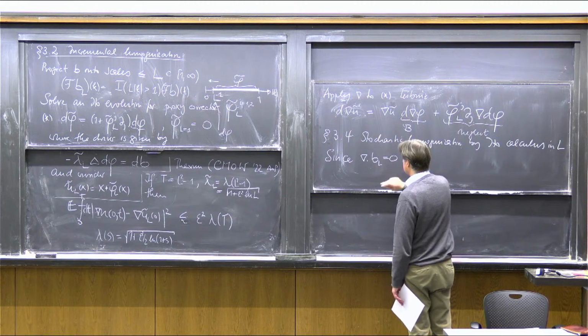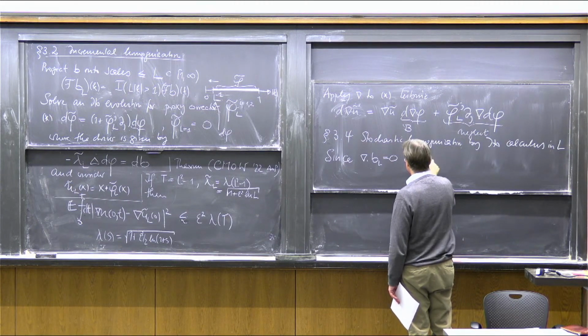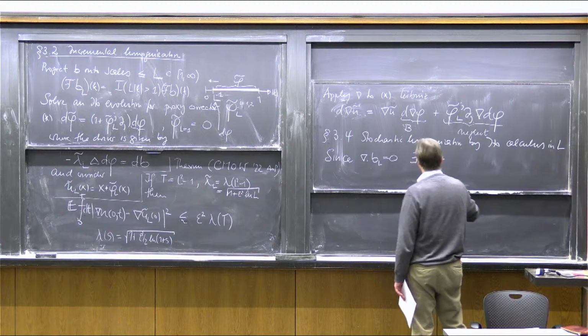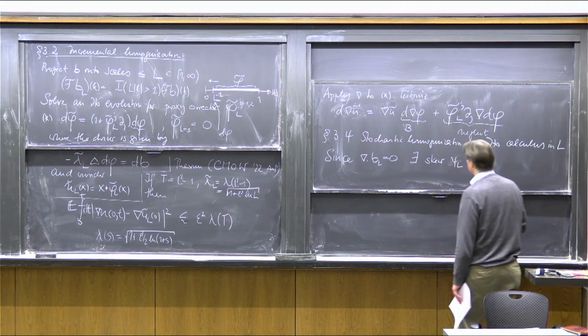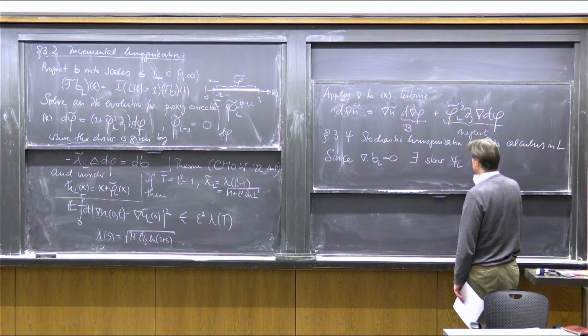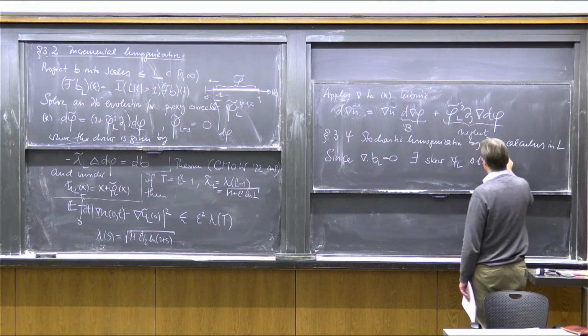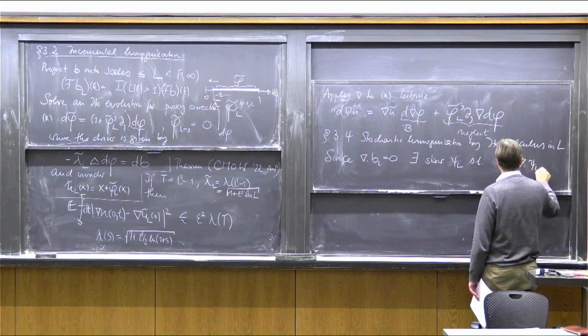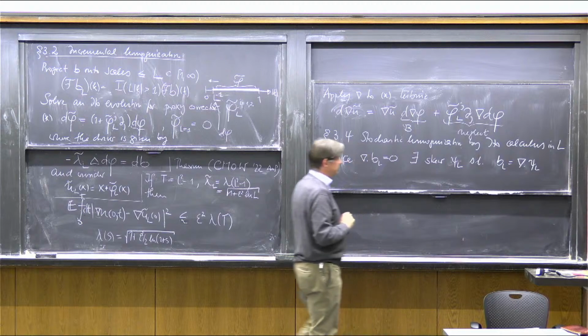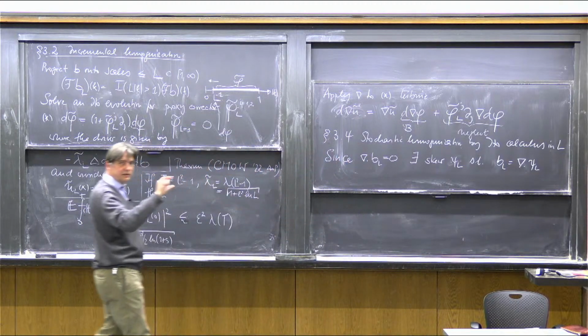So since it's divergence-free, there exists a skew tensor field, let me call it psi L, because that makes us think about the stream function, such that B L can be written as the divergence of the skew vector field. In 2 dimensions, the rotated gradient of